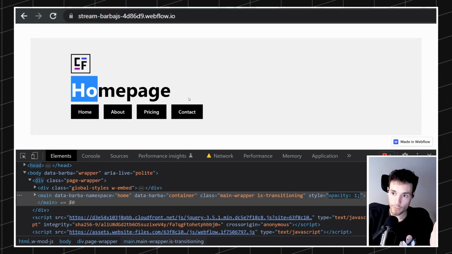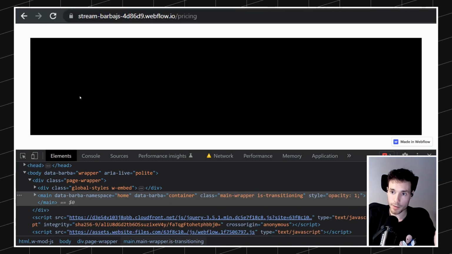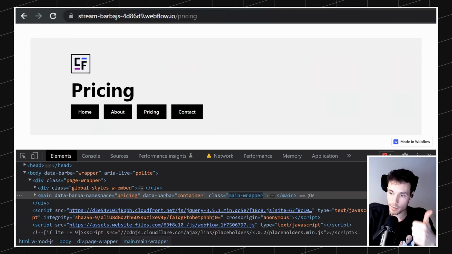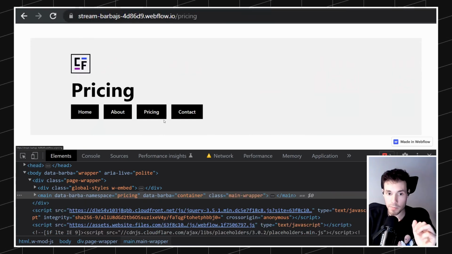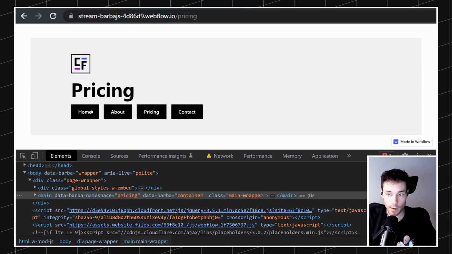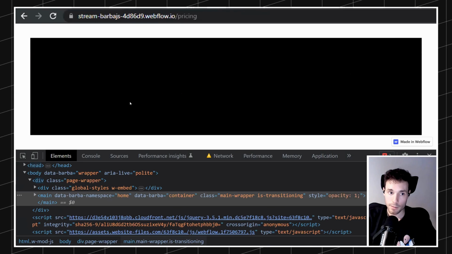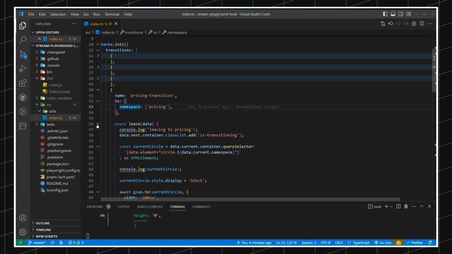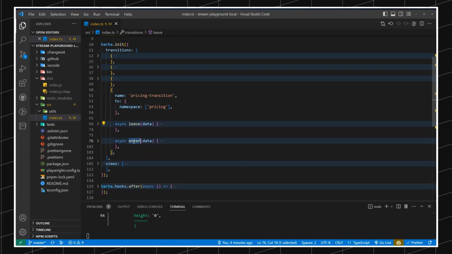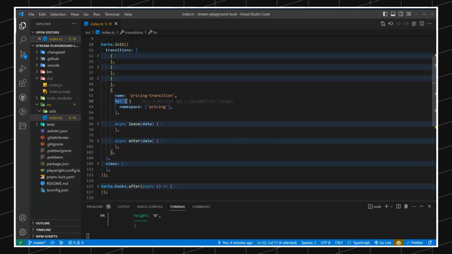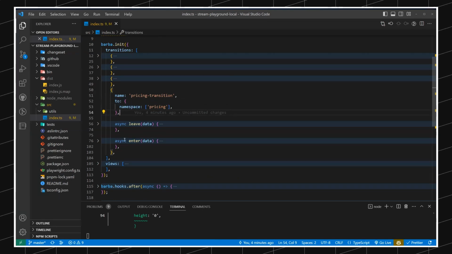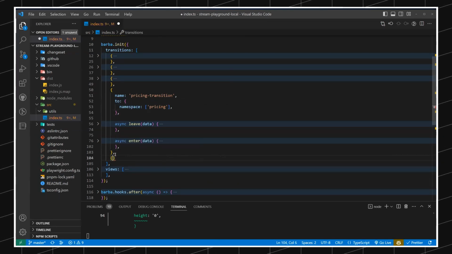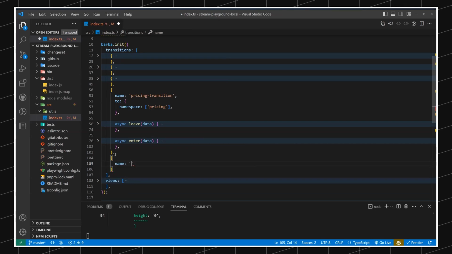Because we're going from the homepage to pricing and the animation is working fine. That's great. But now also what's missing is going from the pricing to any other page, right? So that's missing. Pricing transition. Currently, we just have the leave and enter when we are navigating to the pricing page. Okay, so we need to do the same. We need to take another pricing transition